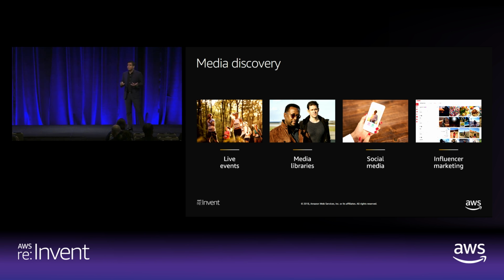If you're in the business of dealing with user-generated content or social media, you can use Rekognition out of the box. And we'll talk to some really fun examples and use cases around those. And then finally, we're seeing a lot of use in the ad tech, particularly in the domain of influencer marketing. To just zoom into that a little bit, you have a lot of people that have a lot of followers in social media.